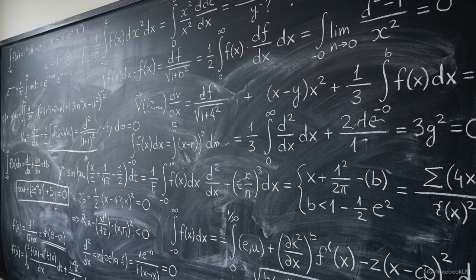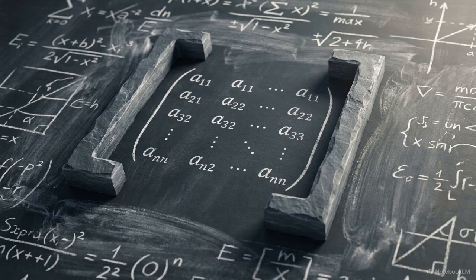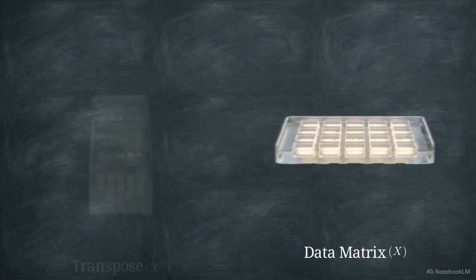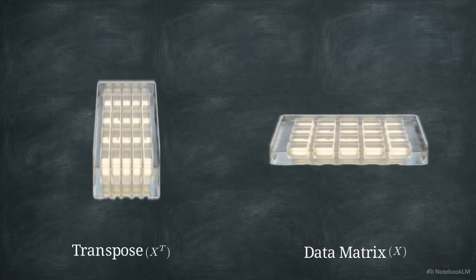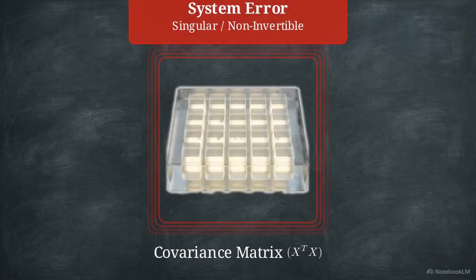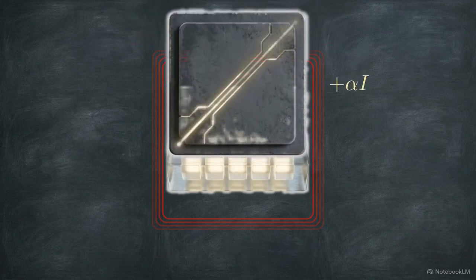We can step back from the abstract parameter space and look at the raw linear algebra of the training data to see these same forces at work. Consider an under-constrained machine learning problem. For example, a dataset where we have fewer training examples than input features. When we attempt to solve this system by multiplying the data matrix by its transpose, the resulting covariance matrix is singular. The data has true zero variance in certain directions, making the matrix mathematically impossible to invert. The algorithm hits a wall.